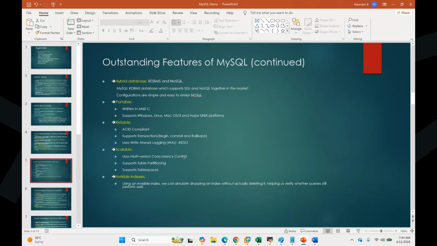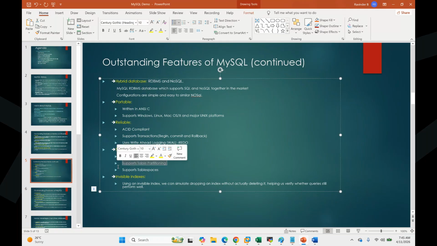No writes or reads will block in MySQL at all. You're writing and reading in parallel, they never block. Only writes can block if they are overlapping data. So very high concurrency compared to Microsoft SQL and Oracle. Basically, it gives better concurrency because there are two log files, we'll talk about that. It supports table partitioning. We have multiple types of table partitioning. I'm going to explain the table partitioning concept in practical, in detail.